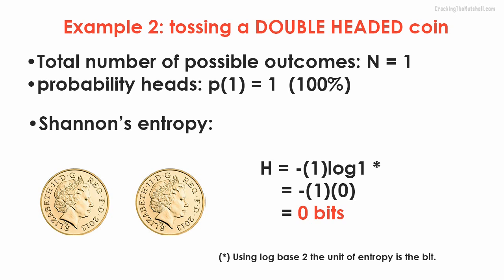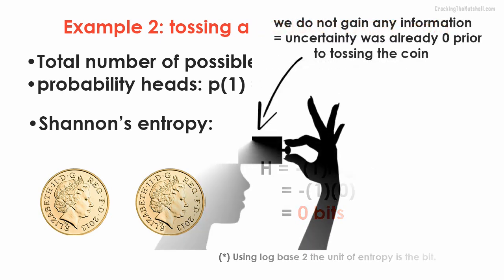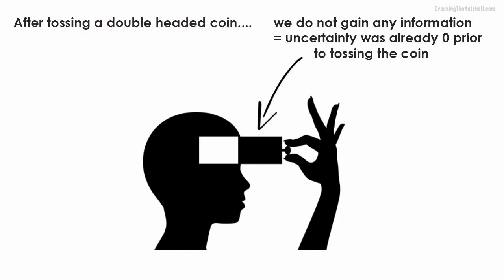Now, imagine you have a coin which has 2 heads. In this case, n equals 1. That is, there is only one possible outcome. The likelihood of obtaining heads is therefore equal to 1. A probability equal to 1 means absolute certainty, 100%. Since the uncertainty is 0 in this case, Shannon's entropy is 0, and so is the information content. There is no longer the presence of 2 different alternatives here. The information we gain after throwing the coin is therefore 0. Look at it this way, we already knew with certainty what was going to happen in advance, so there is no potential gain in information after learning the outcome.